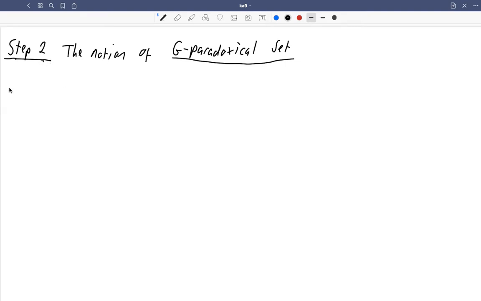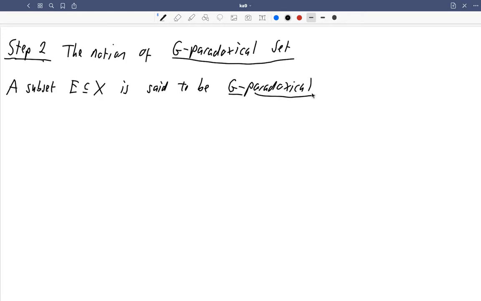A subset E of the set that the group is acting on, X, is said to be G paradoxical if there exist disjoint